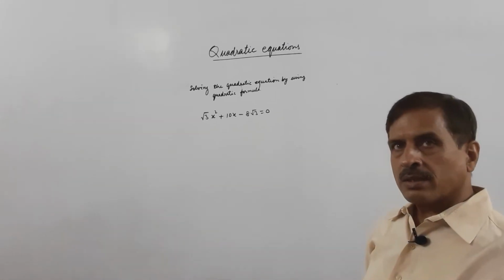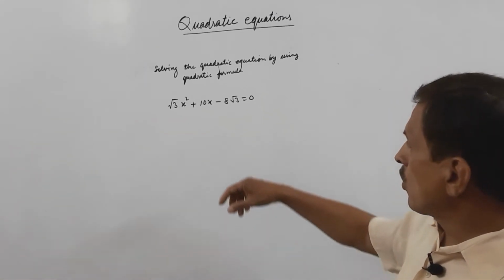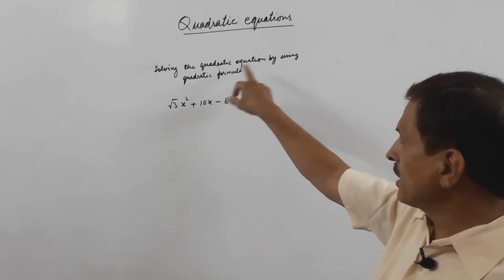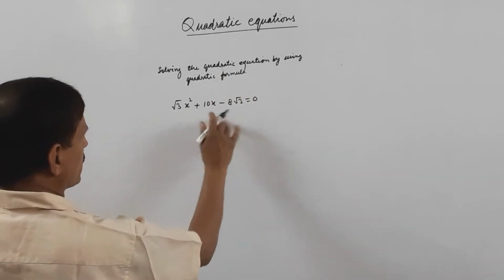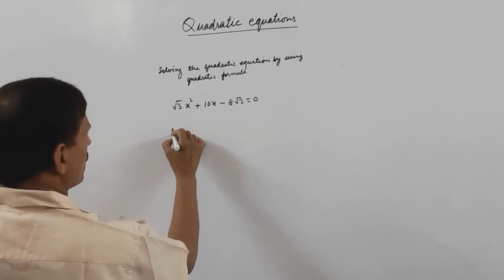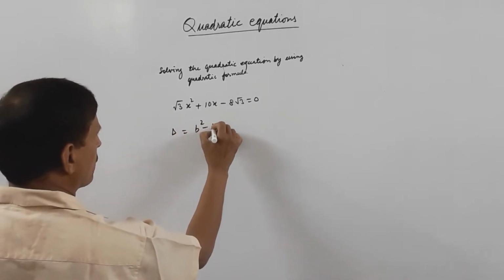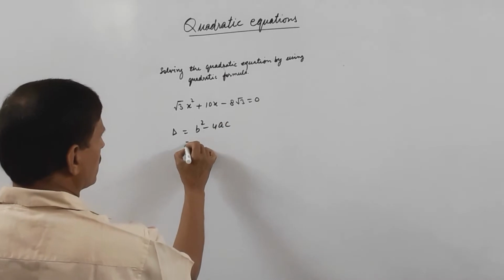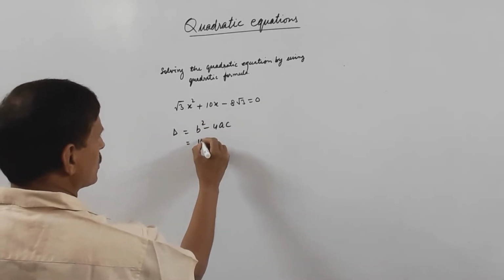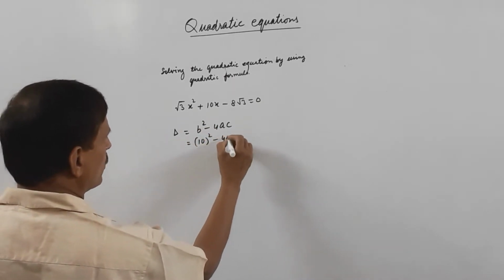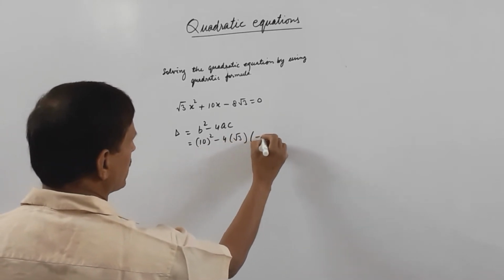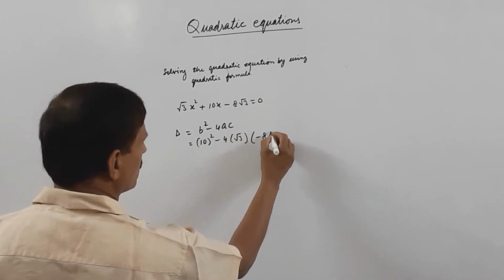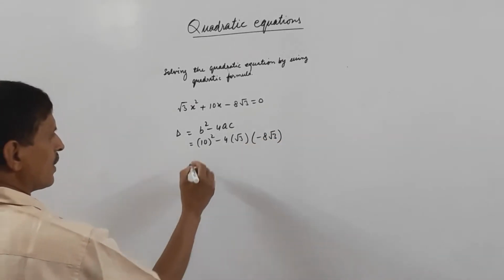Now we will consider the quadratic formula to solve the quadratic equation. We first find the discriminant. D is equal to b square minus 4ac. B is 10, so that is 10 square minus 4 times a, which is root 3, and c is minus 8 root 3, and that is